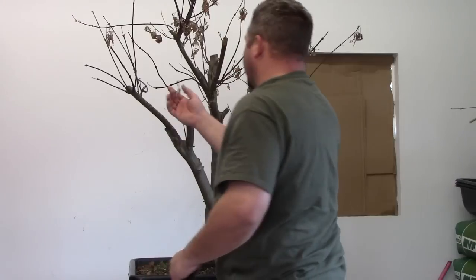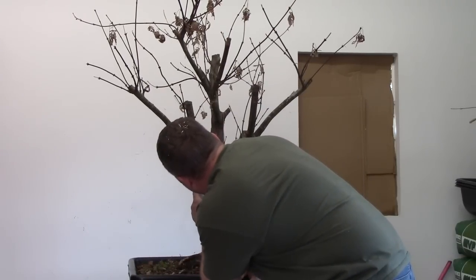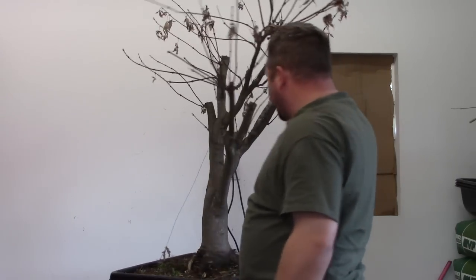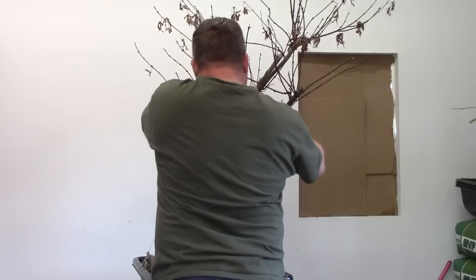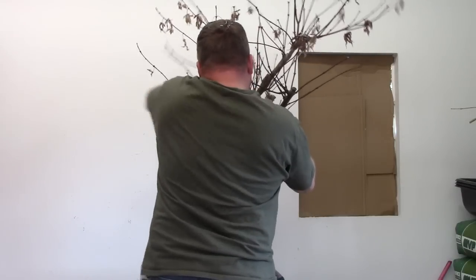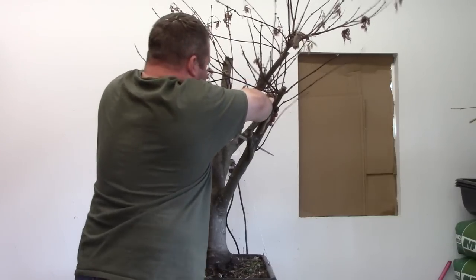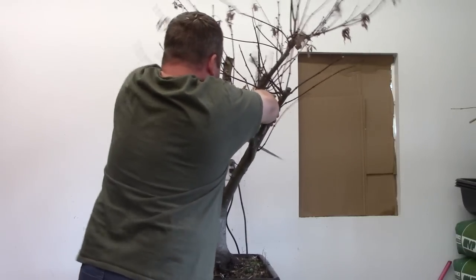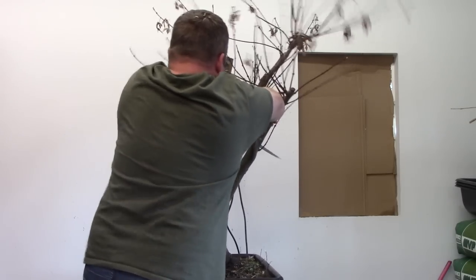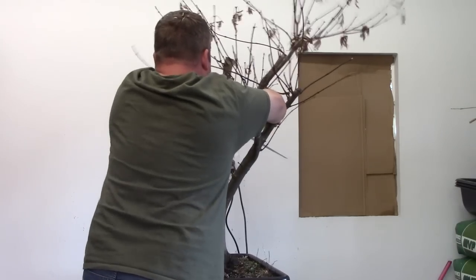I'm going to attempt to possibly save this, but I just don't see it being a possibility. I don't know. We'll see what happens. We'll try to do what we can to save it for now, but once we get to the carving point on this tree, if it cannot be saved, it's not a big deal because we weren't really planning on saving it anyway. So I'm coming here and remove this back to as low as I can, so when I get to doing the carving portion of this,